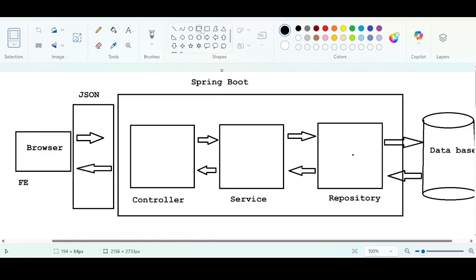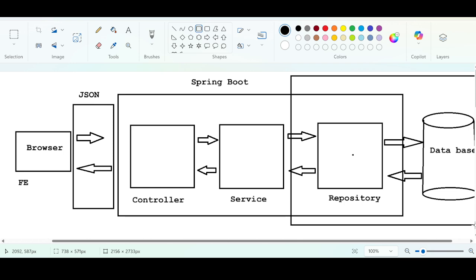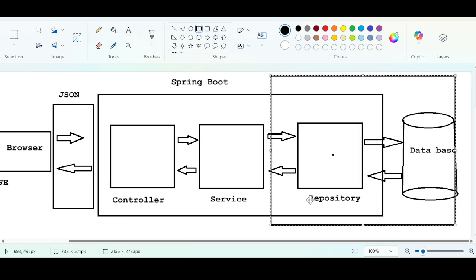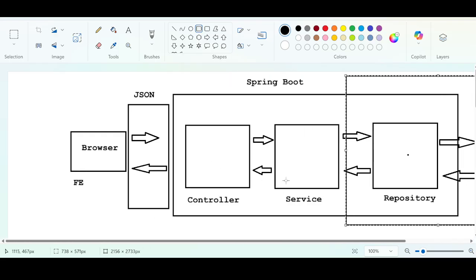Today we are not going to focus on this database layer. I will tell you why I am not focusing on this part. First of all, understand these two layers, the controller and the service layer. Why I am telling you this is